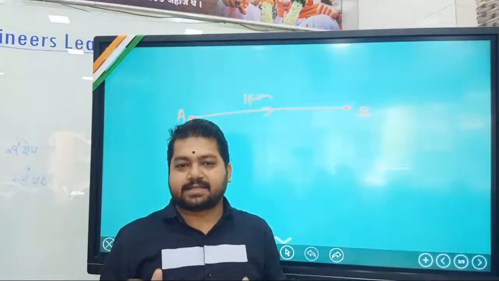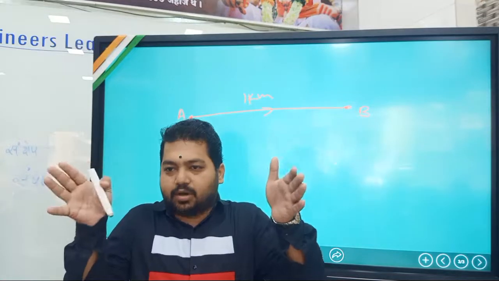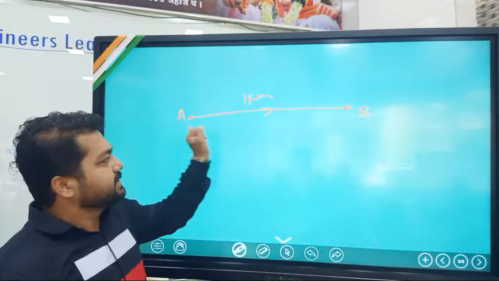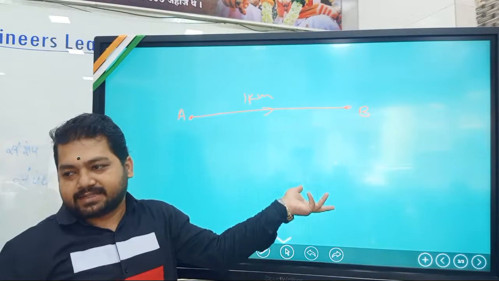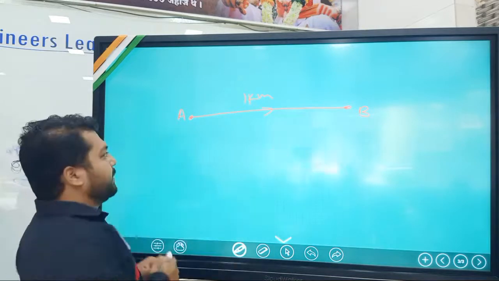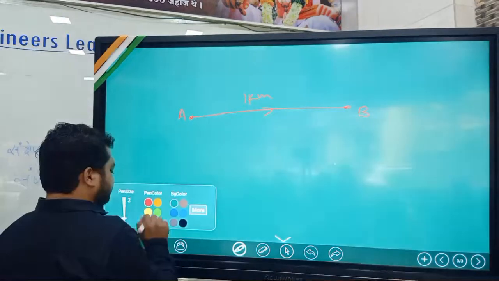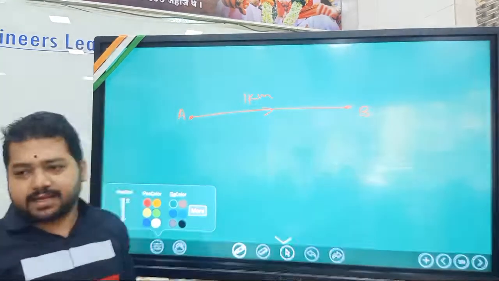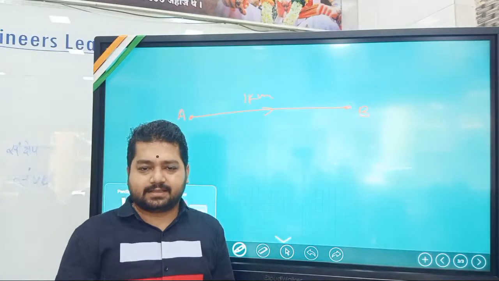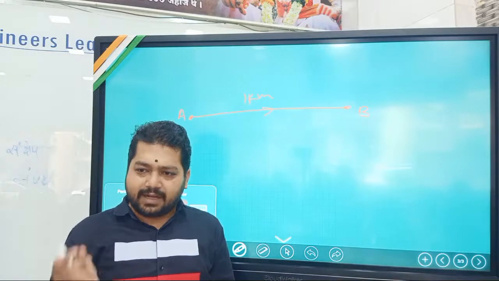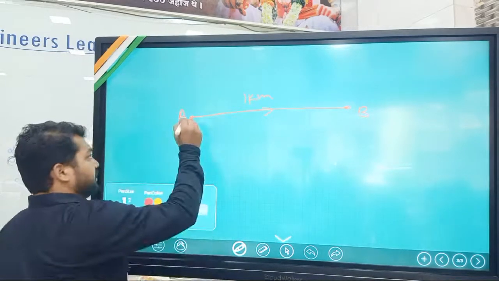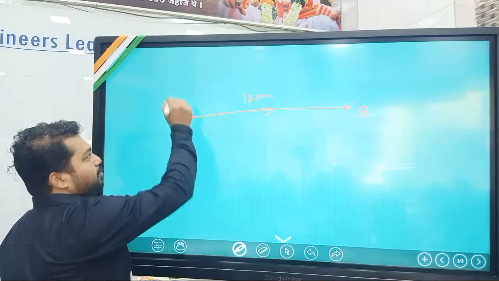So we were understanding something about plane distance, right? So what is plane distance? If the person or any object travels from A to B, and if it is in a straight line, we can straight away say that this is the distance. Fine. But now a question arises in many examinations such as UPSC or CET, NEET, JEE. A very basic and common question asked: a person started his journey from Mumbai,